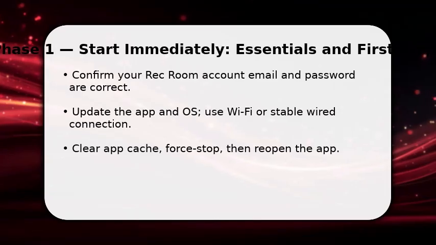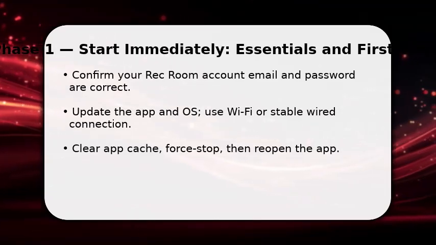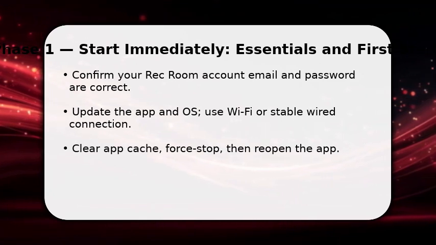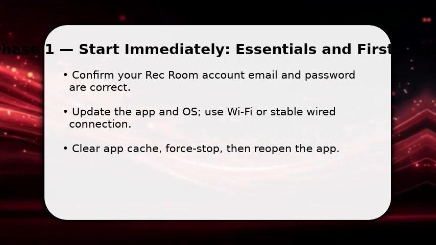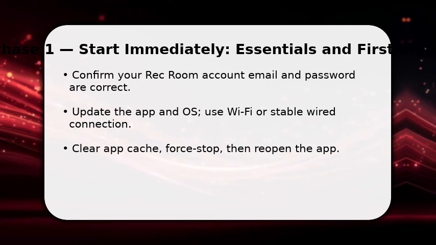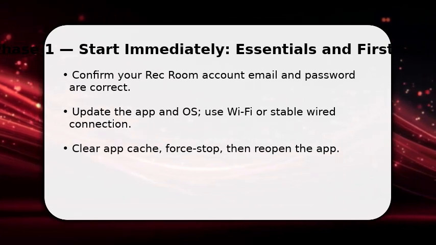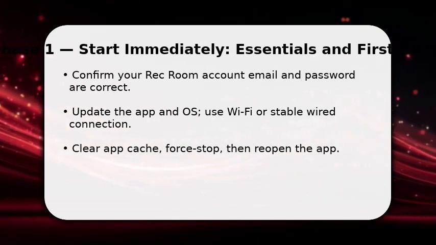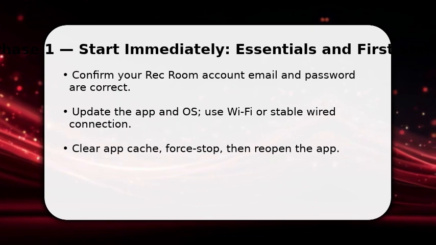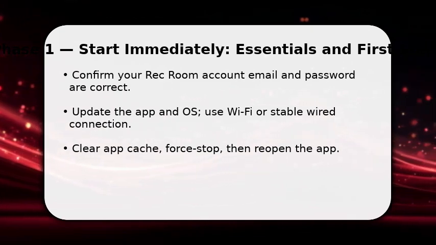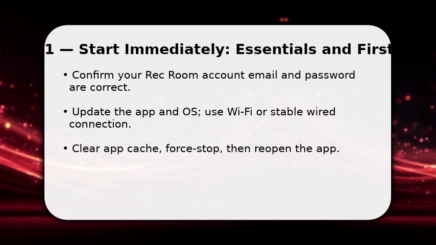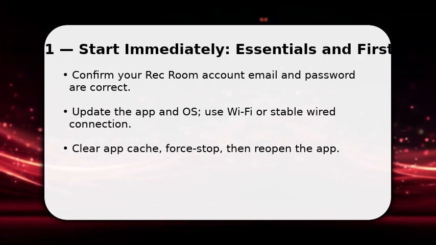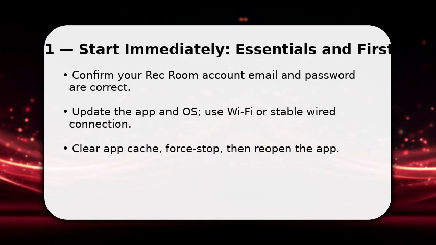Enjoy the video. You begin by confirming the account details you'll use. Make sure your email is exact and your password matches. Then update Rec Room and your device operating system because outdated builds cause auth errors. Once done, use a stable network, Wi-Fi or wired, and clear the app cache and force stop it to remove stalled sessions. You'll now reopen Rec Room and attempt sign-in, watching for any explicit error messages to note for the